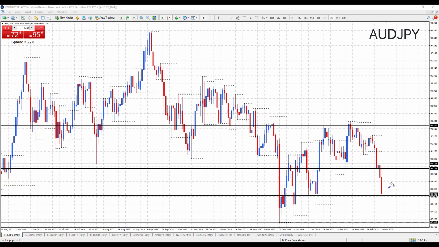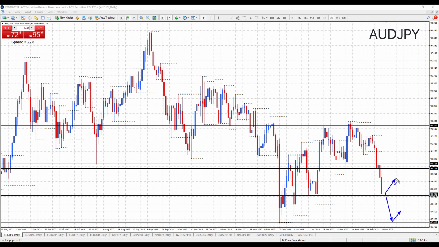Now we are rather overextended. Yes, we could simply just trade down. If we just simply trade down, the major level of support to watch at the moment for support is 87.01. And we may well rally back up from that level. However, being so overextended in the short term,